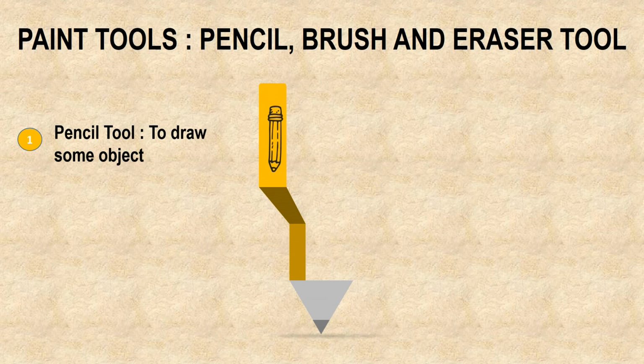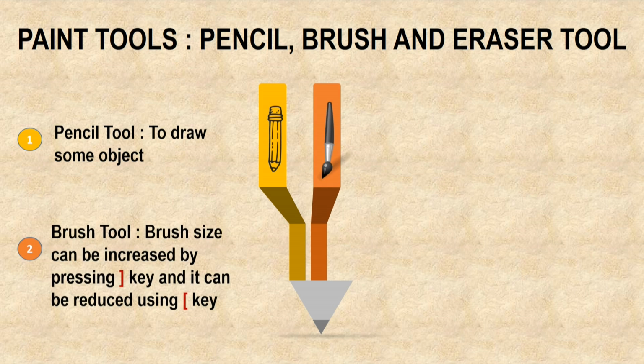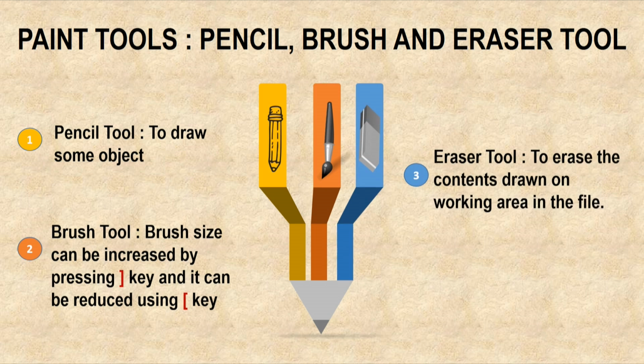Pencil tool is used to draw some objects, brush tool is used for painting, and we can make use of shortcut keys like square bracket open and closed in order to reduce or increase the brush size, and eraser tool is used to erase the contents that we have already drawn on the GIMP working environment. So, these are the tools which we will practice in the next session,